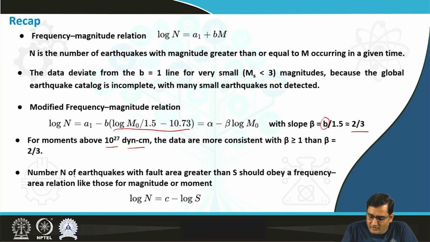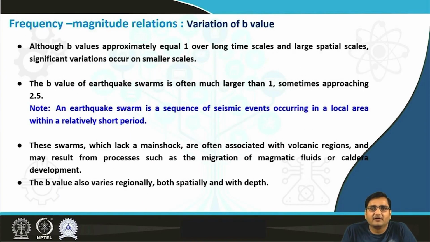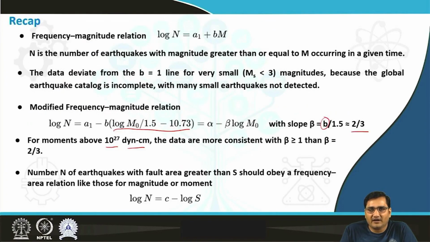The number N of earthquakes with fault area greater than S should obey a frequency area relation like those for magnitude or moment. So log of N is equal to C minus log of S. S is basically the fault area, and it can be related to L square if it is a square fault. Then you can interchange those values for the dimensions of the earthquake. Now